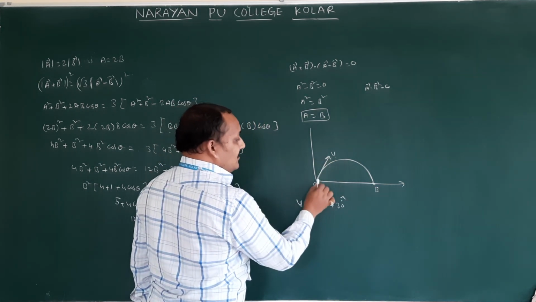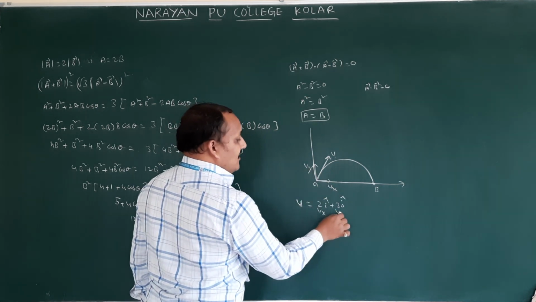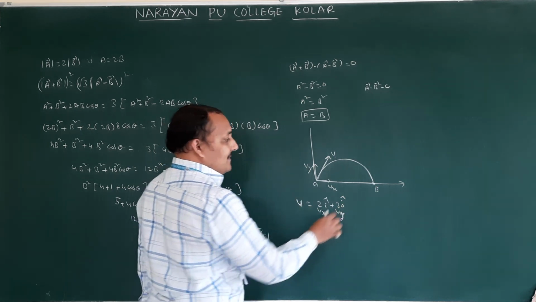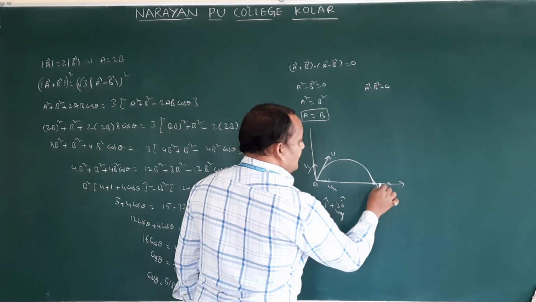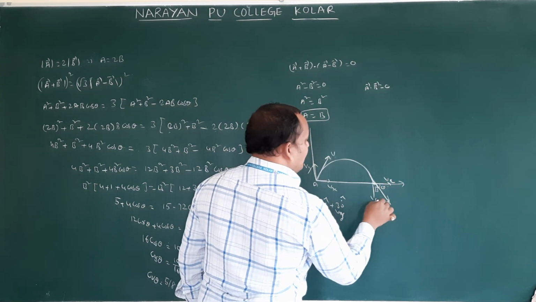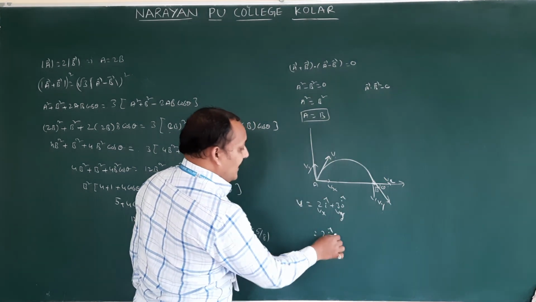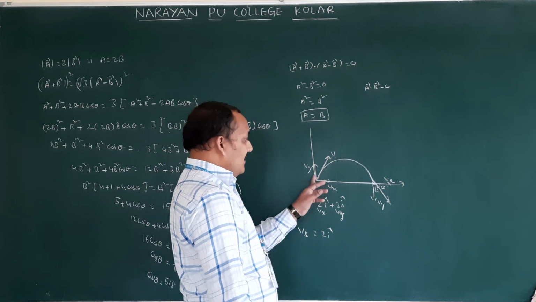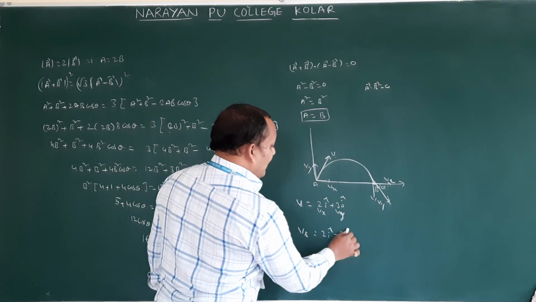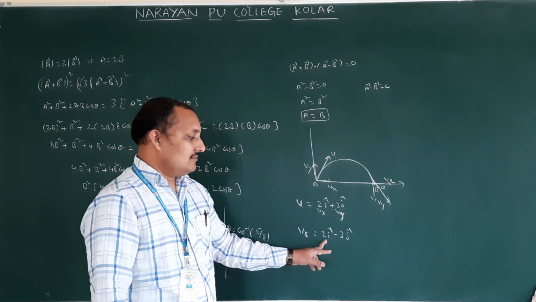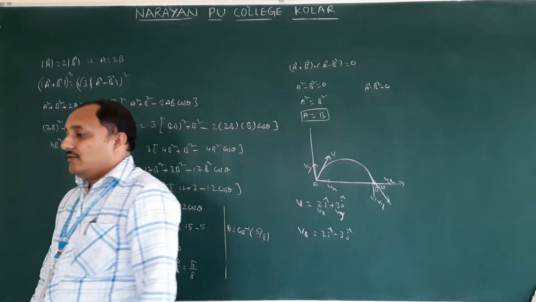If you resolve this into two components, this is Vx, this is Vy. There we will write Ux, Uy. Here, after getting here, we have to draw the tangent. So this is making theta. This is Vx, Vy. So Vx is in the same direction, therefore 2 will be 2 only: 2i cap. I am drawing the velocity. But Vy is like this; here it is downward. Therefore here minus 3, plus 3 is going to become minus 3. So velocity at B is now 2i cap minus 3j cap. Very simple one. Logically, that is 4 marks.